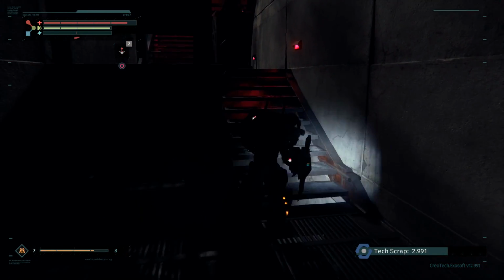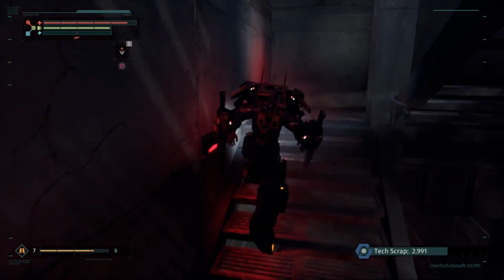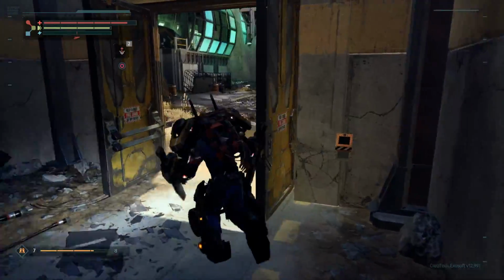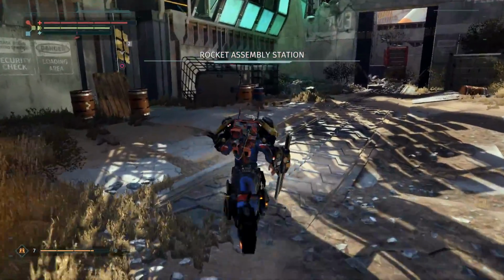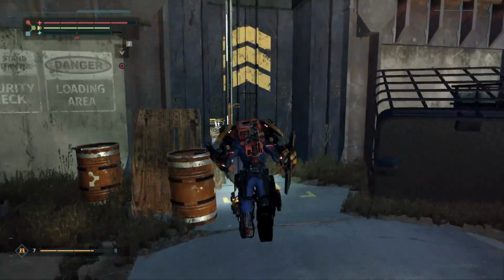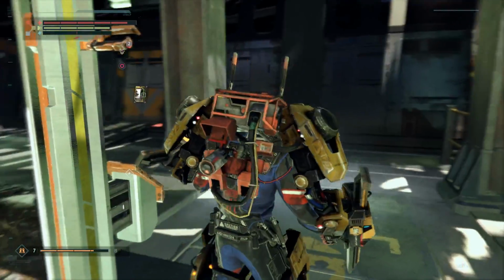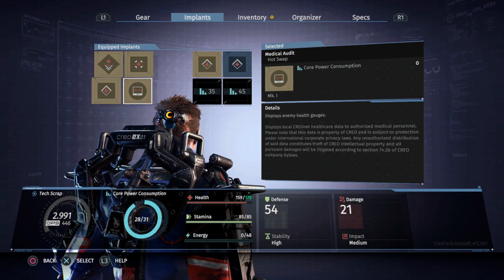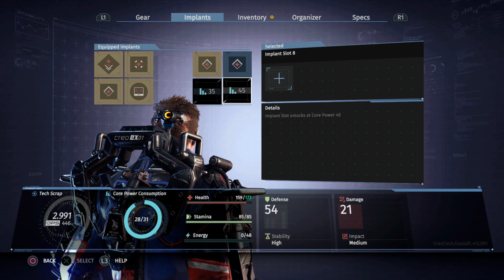So you need to upgrade your core power regularly, which will also actually give you a bit more health. It's basically the only thing that it will add. And sometimes you get to unlock a new slot to add another implant. Like here, for example, I need to be level 35 and then 45, and then you'll find new